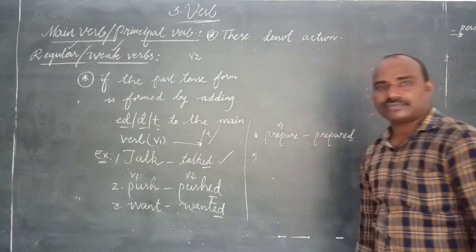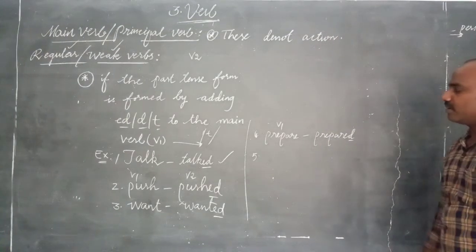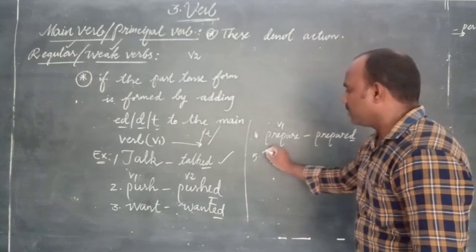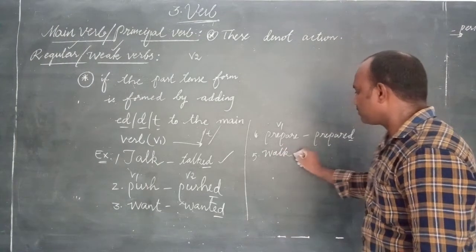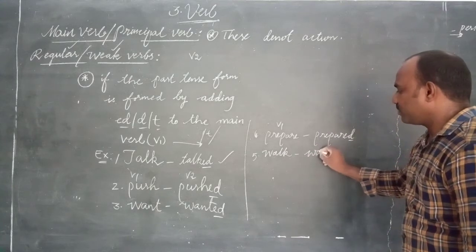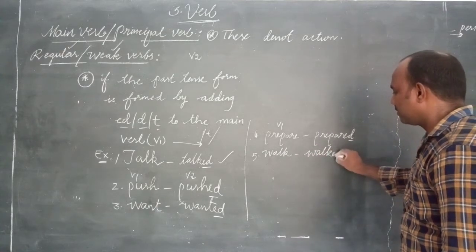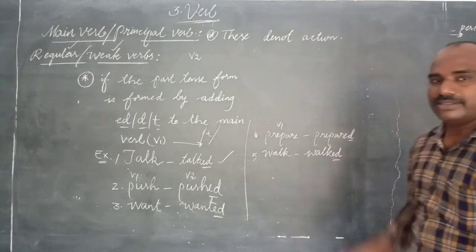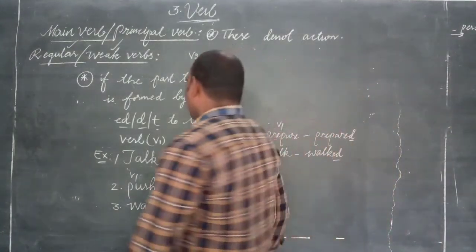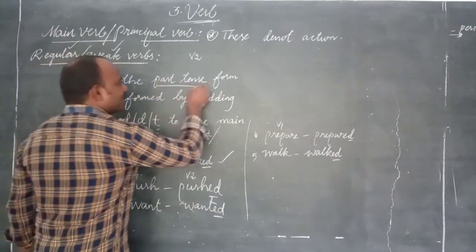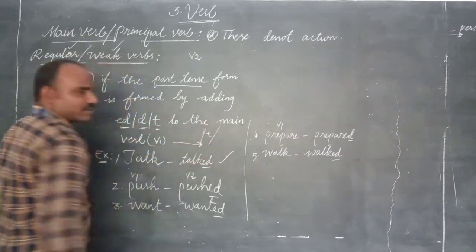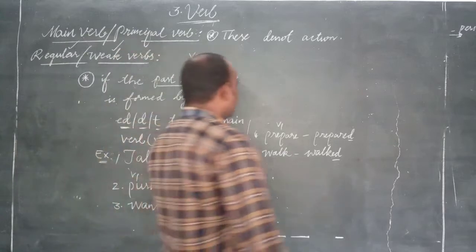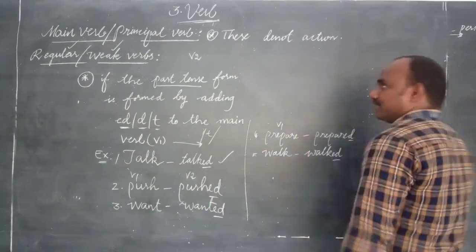Fifth one. One more: walk. The past tense form of walk is walked. So this is the regular way of getting past tense forms, by adding ed, d or t to the main verb. The second one is